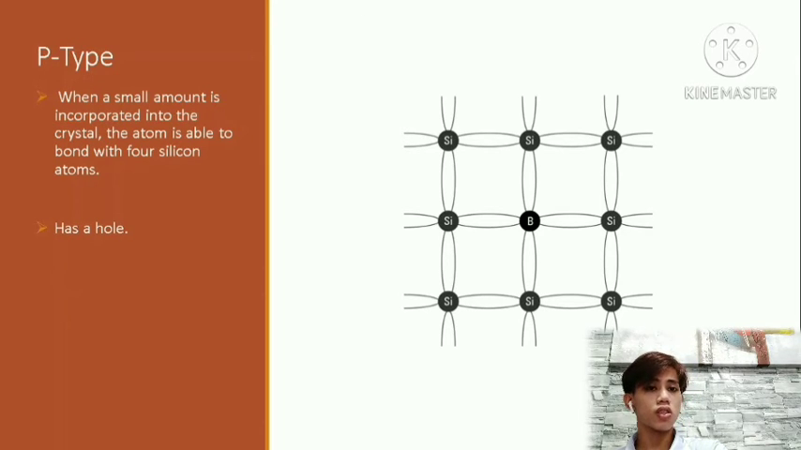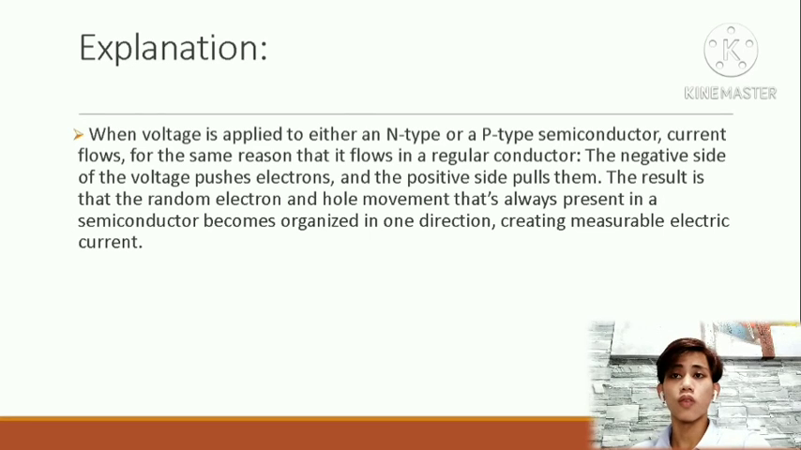Like a positive charge, holes attract electrons. But when an electron moves into a hole, the electron leaves a new hole at its previous location. Thus, in a P-type semiconductor, holes are constantly moving around within the crystal as electrons constantly try to fill them up. Therefore, when voltage is applied to either an N-type or P-type semiconductor,